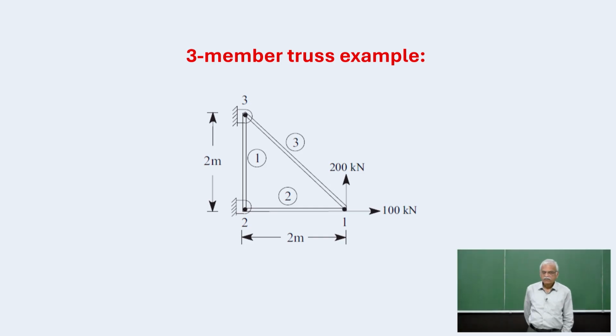And of course, the derived degrees of freedom are the nodal forces at node 1, F1x, F1y, at node 2, F2x, F2y, and F3x, F3y at node 3. So these are the 6 degrees of freedom for the system, whereas each element has an equilibrium equation in 4